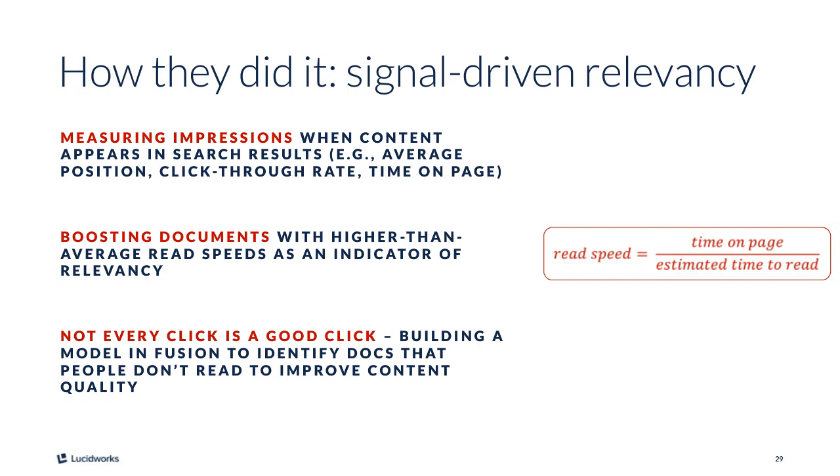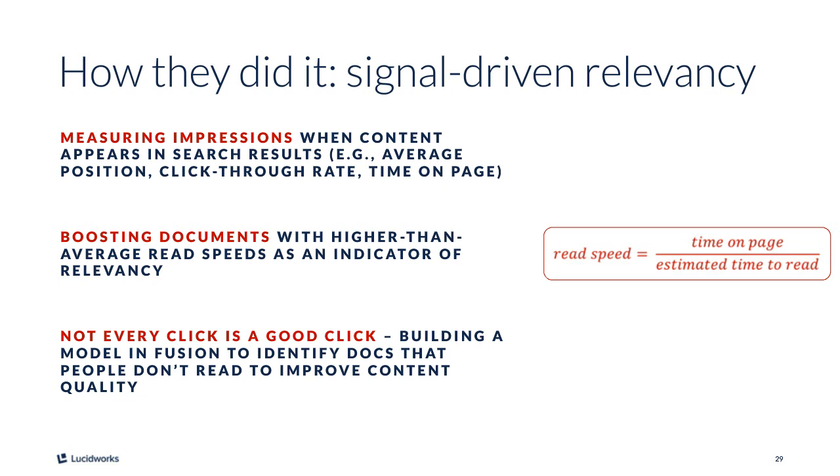How did they do it? Now, I've mentioned signals. Signals are very important in LucidWorks Fusion, also related to the knowledge graph that I mentioned. Signals are the lifeblood of making something relevant and keeping it relevant on an ongoing basis. So in the Red Hat example, they're able to measure impressions when content appears in search results and how it's interacted with. Those real-time signals about how people are actually using content are going to let the system handle that